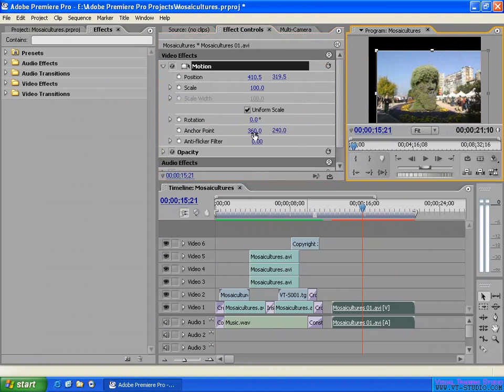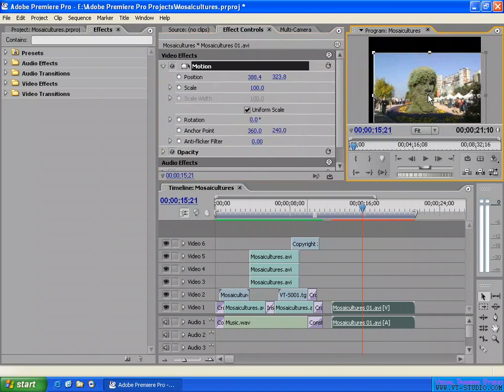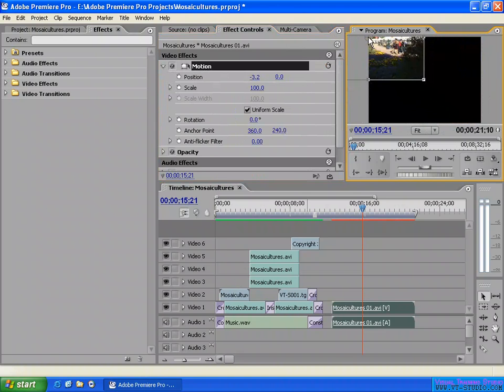As you see, you can change the anchor point position inside the clip, but in here we talk about the position of the clip in the program panel. In here that's the video output. Like this one, we move the clip to the upper left corner in here, so they show me a number here. We can put it in 0, 0, like the position. That means the upper left corner in here, that's the program panel video output position 0,